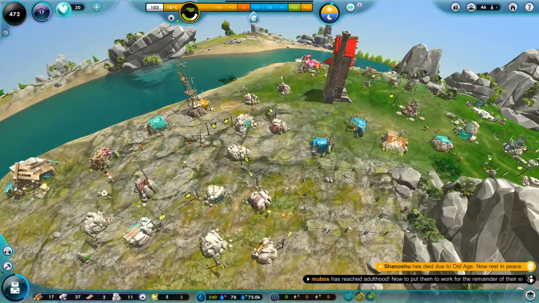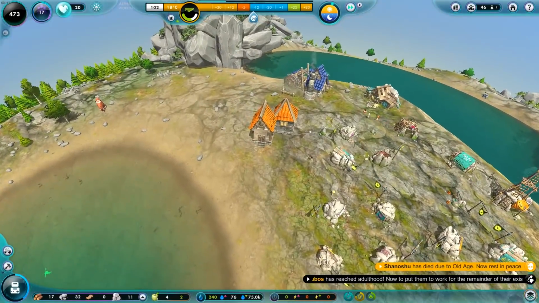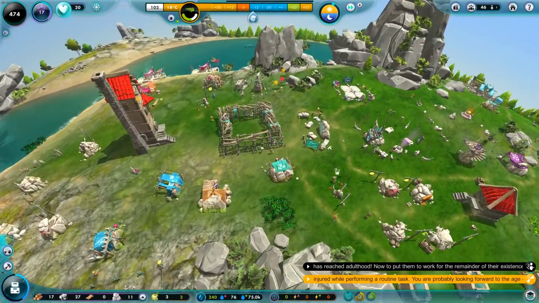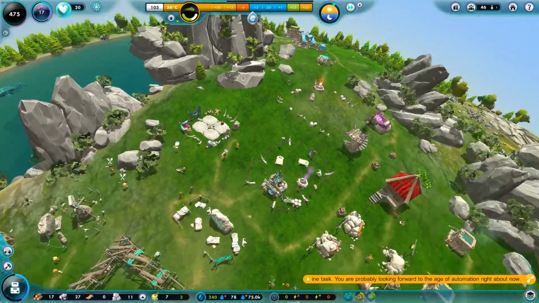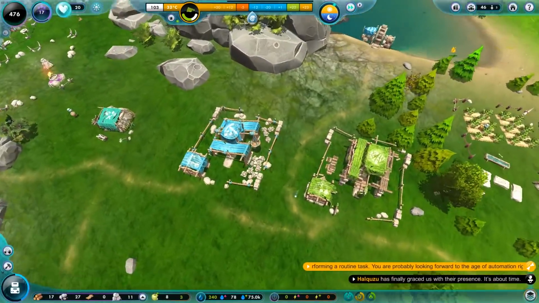So now we're moving away from buildings needing water, unless they still need water, do they? Yeah, they still need water. Right, okay, so water is still important. But no longer is water the only power structure. Our evolution tower is getting constructed. Awesome sauce. Right, okay, so after a little bit of a slow start, we are moving now towards...